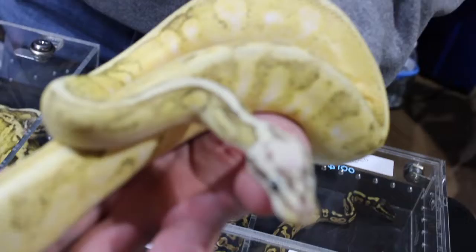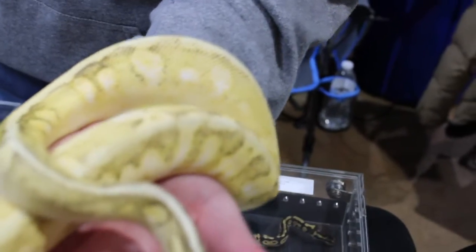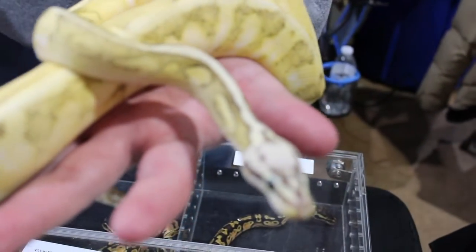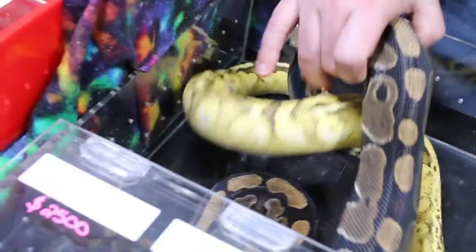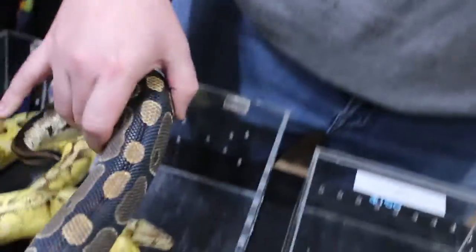Look how bright this monkey is. I'll tell you, if you ever see a pastel lesser lemon blast, they are just fantastic snakes. But this is the fire calico. This is when you just add the... This is only when you have the...